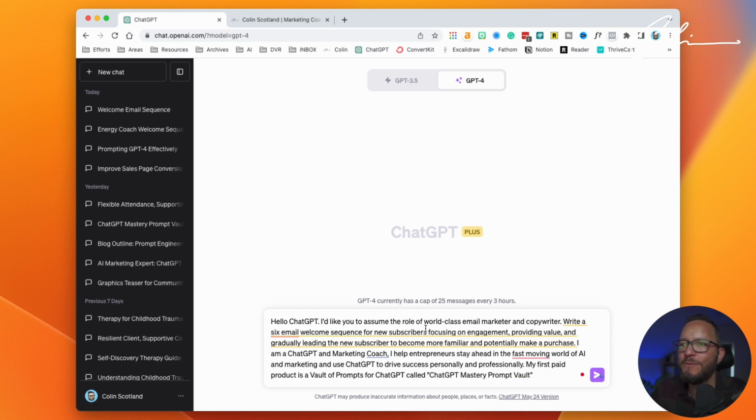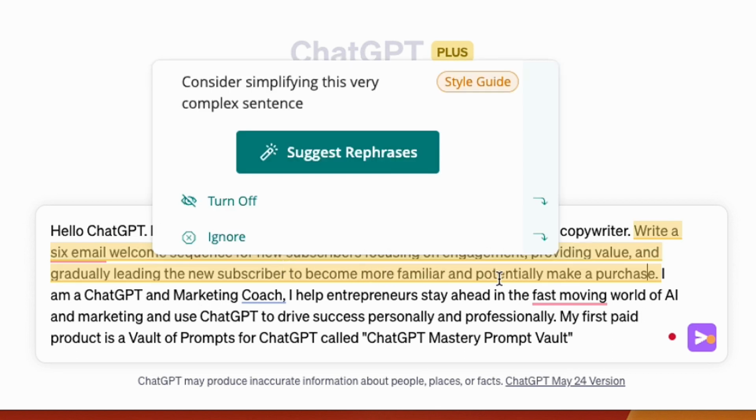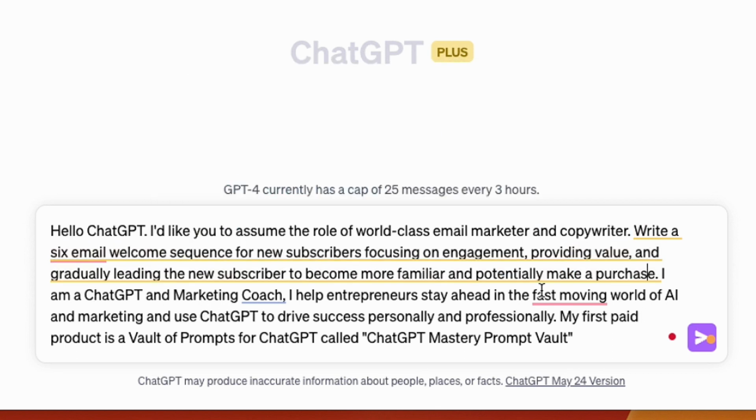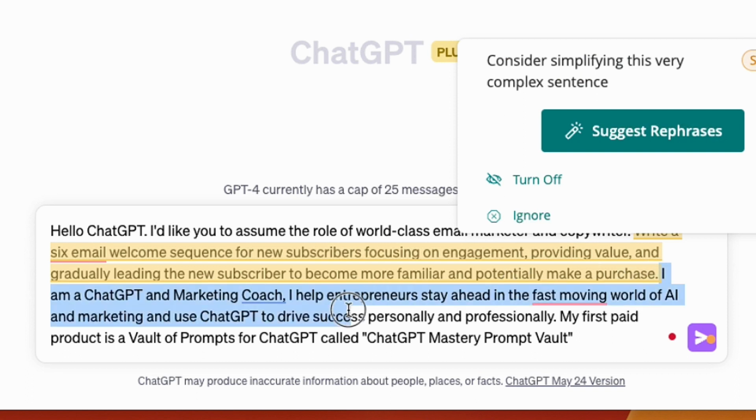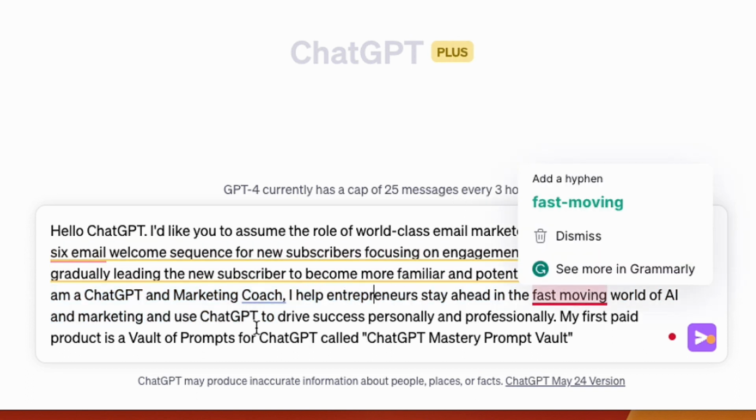Okay, so now look what we've done. We've created a beautiful prompt that gives ChatGPT a role. It gives it a task, and it gives it the focus of the task: value, lead the subscriber to become familiar and make a purchase. And then it tells it who I am. So it gives it the situation and the scenario. It gives a bit of detail about the entrepreneurs and what they're looking to do.